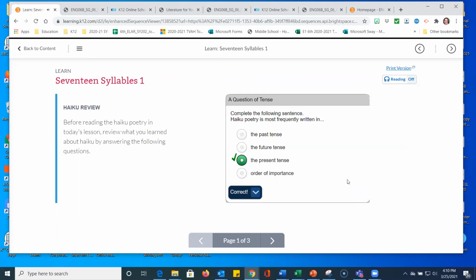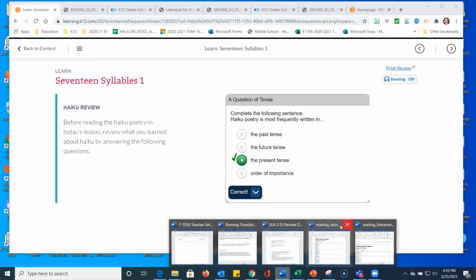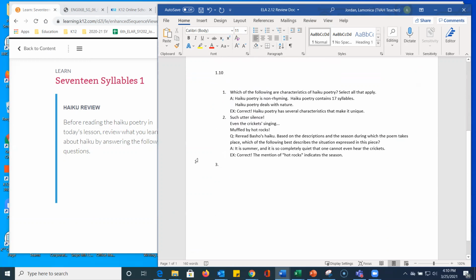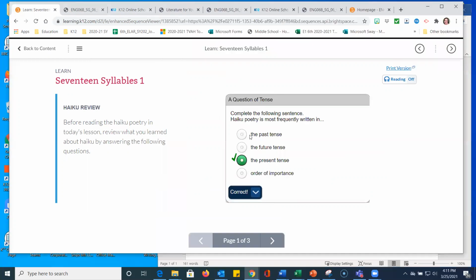Let's try the present tense this time. Got it correct. Now what I want to do is bring up that review document I've been working in that I titled ELA 2.12 Review Doc. I've got stuff from lesson 9, and of course you'll have more because I only demonstrate a certain amount. And I have lesson 10. Now we're going to back out here, and I'm going to do 1.11 so that I know I'm ready to start with that one. So now that I know that answer, I'm going to